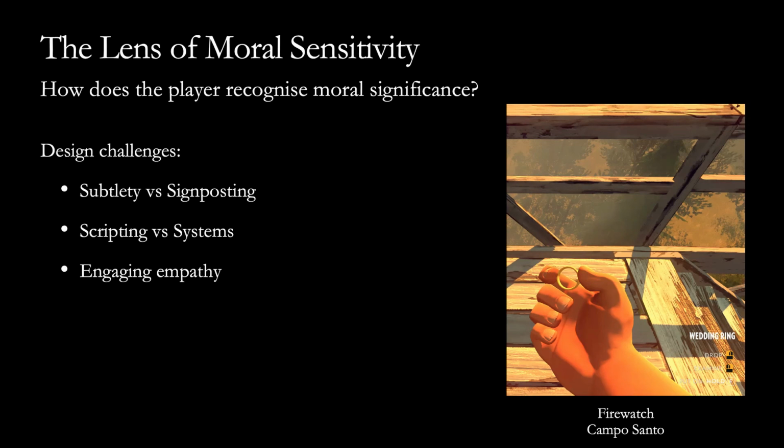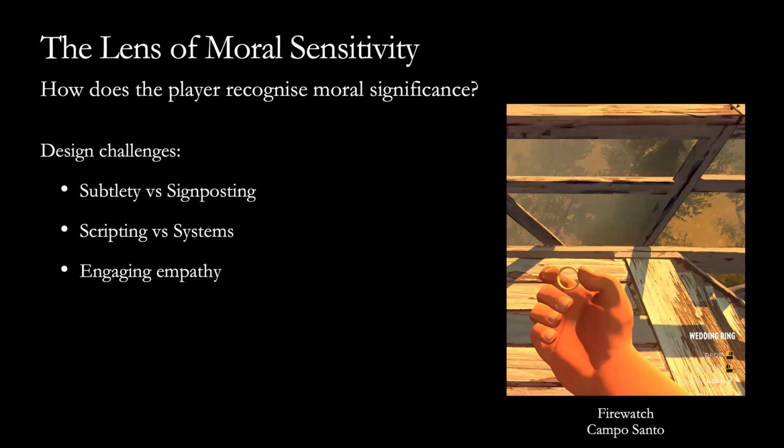A very interesting example of moral sensitivity in gameplay is in Firewatch by Campo Santo. It's a narrative game, but it's played out in a first-person engine. And it's interesting in the sense that the moral choices in Firewatch are not the big earth-shattering, save-the-universe choices that we might encounter in other role-playing games. They are what, in the psychology literature, we call micro-moral. They're everyday moral choices, little choices that add together to tell us what kind of person we are.